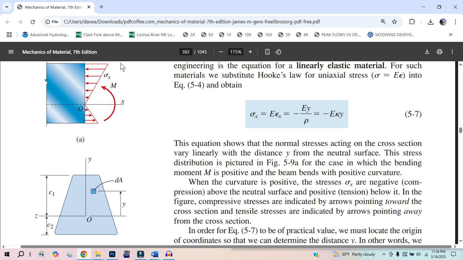If this was 10,000 pounds of force tapering to 0, well then obviously there would be more force up here than down there. But what we find is that these are equal,